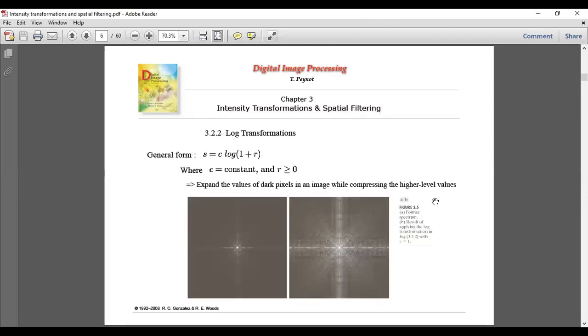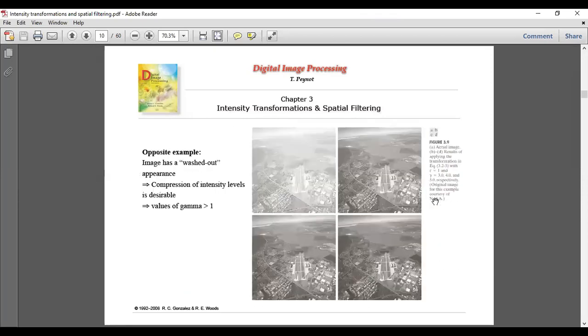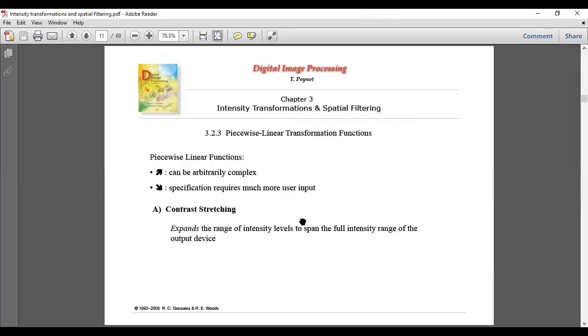What do you call it? Log transformation, power law, and all those things. Then there is a second type of approximation where you are not applying the same approximation to all the values. Rather, you are going for some segment or set of pixels.